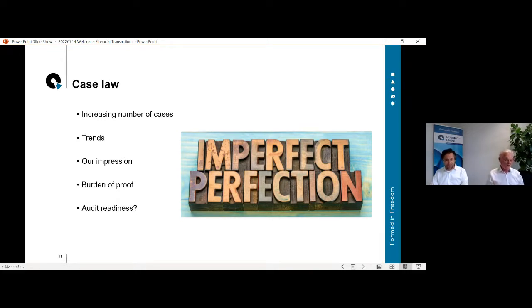The other one, which we discussed a couple of days ago, is a case where the judge said that the comparability was not okay. There was more to it, but one of the items was that the benchmark only included companies with lower volumes than the group company in total, and therefore couldn't be comparable. So he rejected, from his own experience and view, the whole set of the benchmark economic analysis,